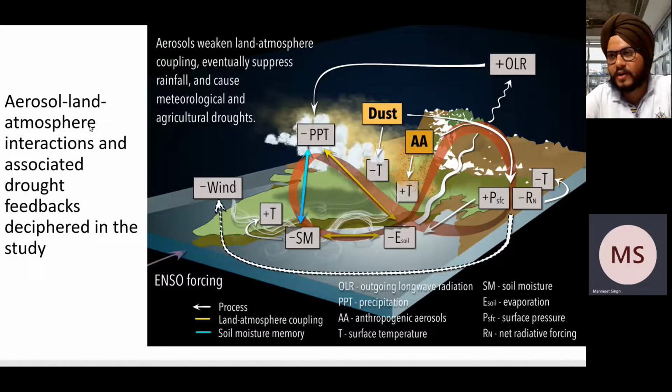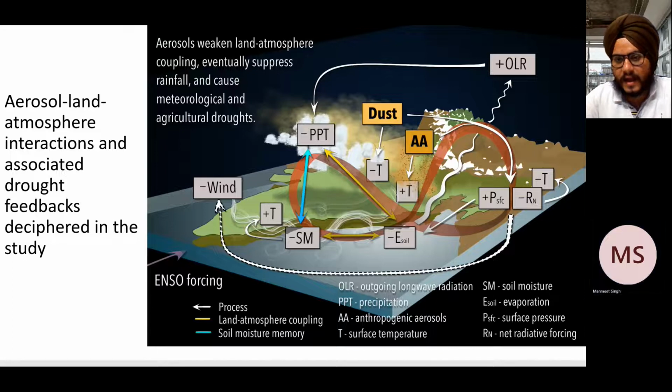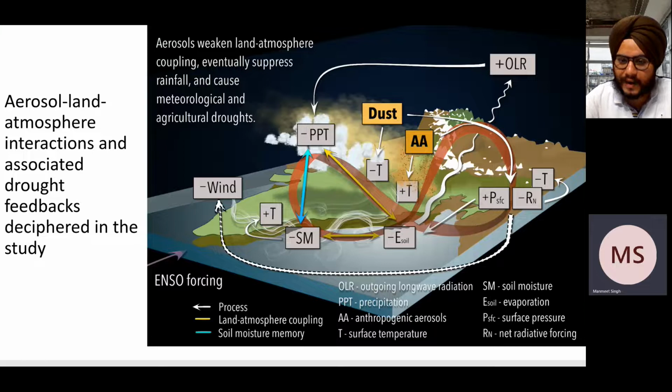This is important because we have taken the example of the year 2002. It was an El Nino year. However, none of the models predicted even the direction of the monsoon drought. It was the worst agricultural and meteorological drought that India has ever seen. Now, adding anthropogenic aerosols into the IITM Earth System Model, we are able to partially explain the drying over the Indian subcontinent. So that's the value addition from this study. And the land aerosol land atmosphere interaction work is still under preparation.